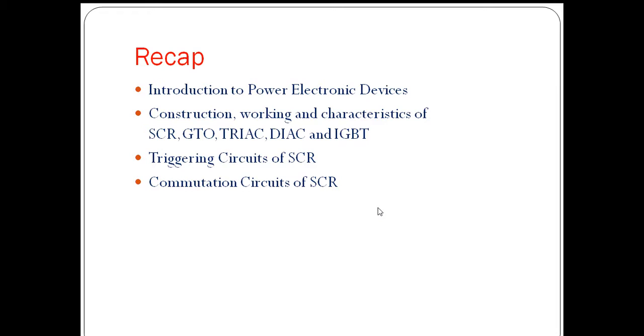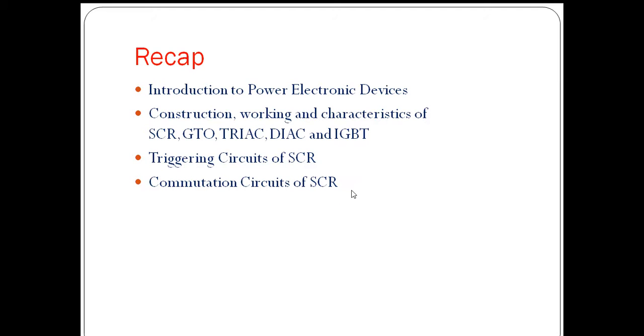So this is very important to understand the concept of phase controlled converters. Please go through the previous lessons, in which we discussed the construction and characteristics of SCR in detail, and how the SCR will conduct. Two conditions have to be satisfied: the device has to be forward biased, and we need to apply a gate signal for proper conduction of the device.